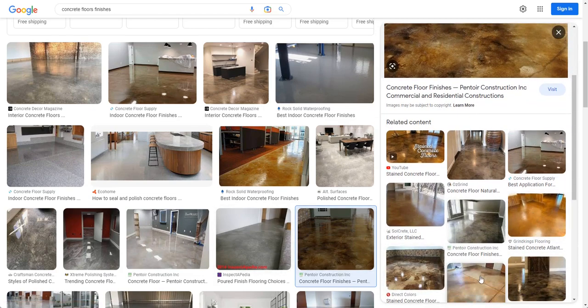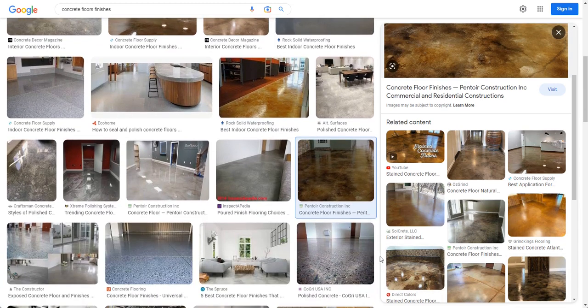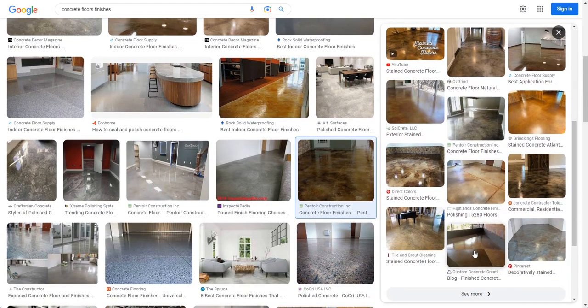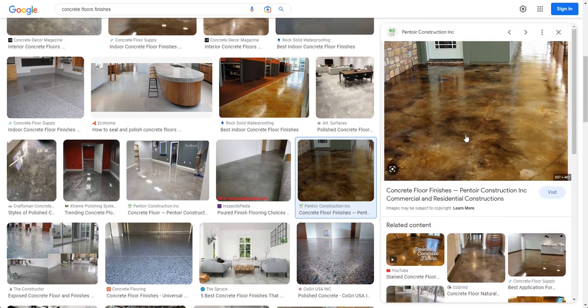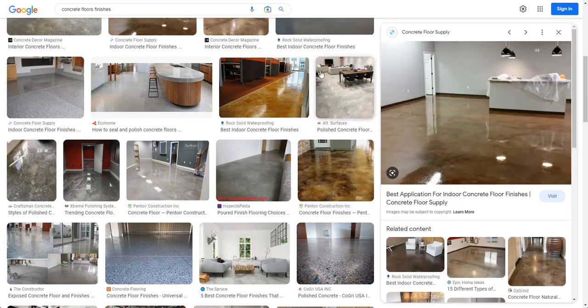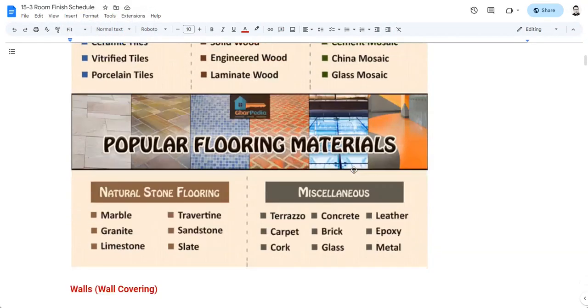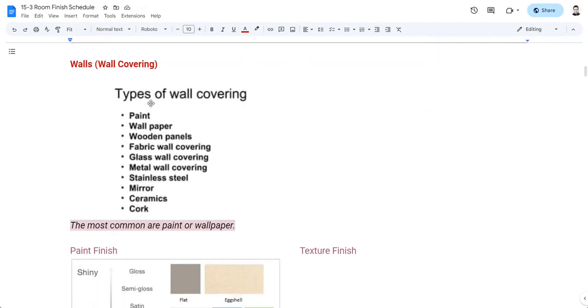Okay, and it's relatively cheap, not expensive. You just have to really get a good installer or application expert because if they don't know what they're doing, it would really look bad. Okay, so anyway, those are the floors, and for the walls, we basically know that you have